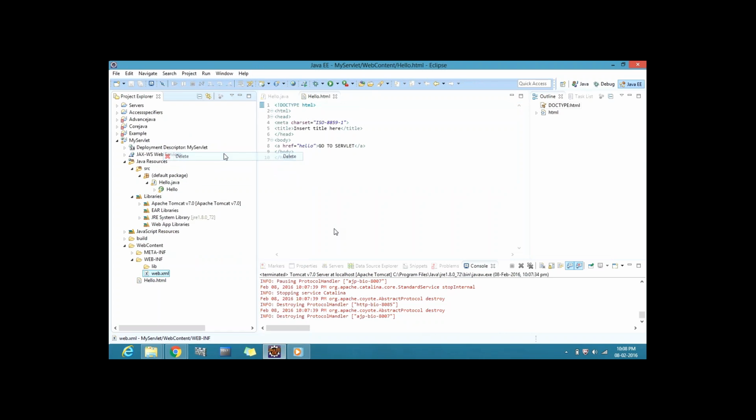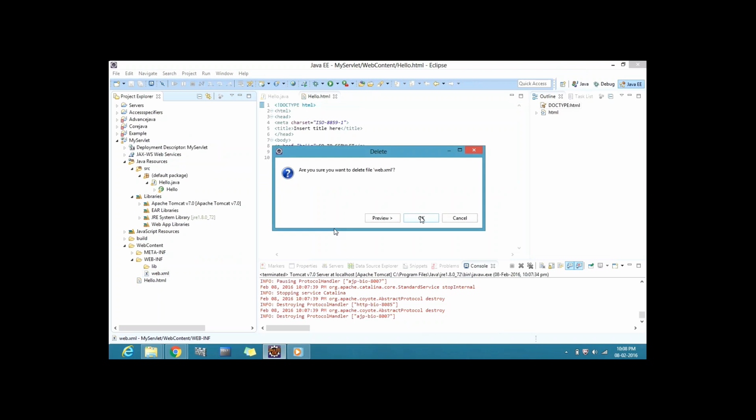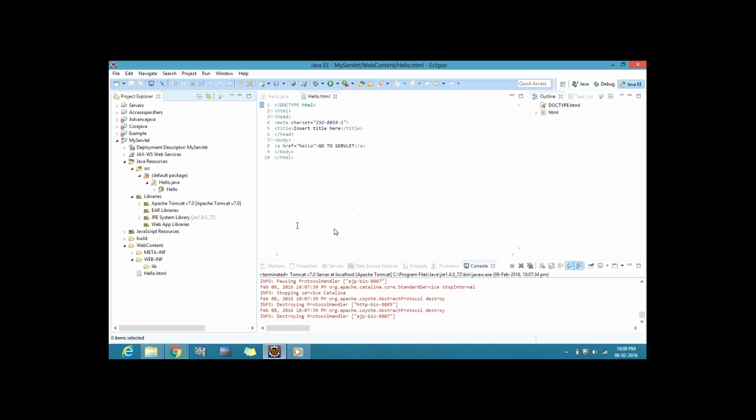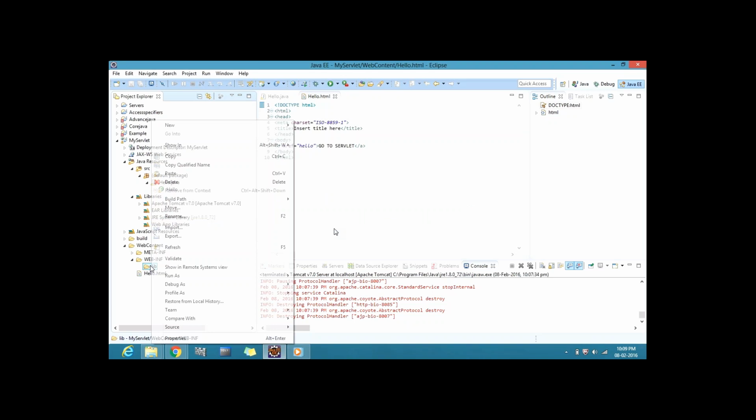Okay. Now run that HTML file. Run the HTML file again. What are you running, man? You selected the lib folder, not the HTML.